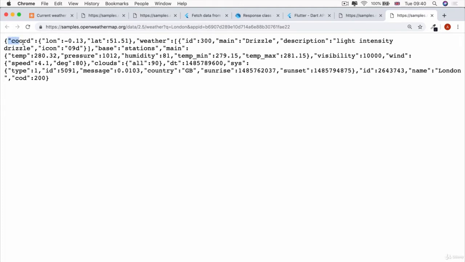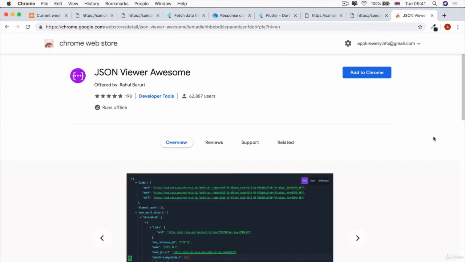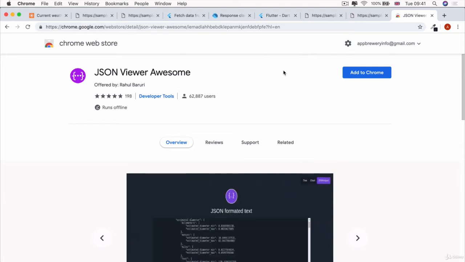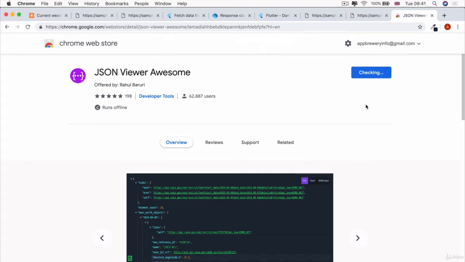So, for example, in this case, the coordinates here is the first key, and the value is everything that comes afterwards. So it's the long and the lat. Now you can see that the value for the coordinate itself has a key value pair, where ln is the key and minus 0.13 is the value. Now, as a human, it's actually quite hard to be able to read this without having it formatted. So a really useful tool is something like a JSON viewer. So this is a Chrome plugin called JSON Viewer Awesome, and it's free to download and add to your Chrome